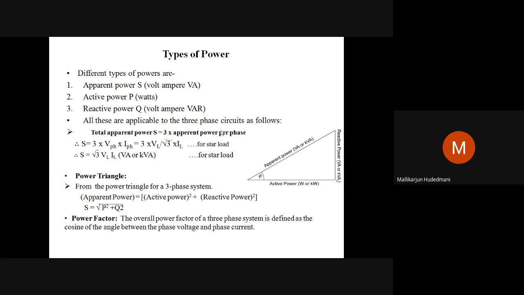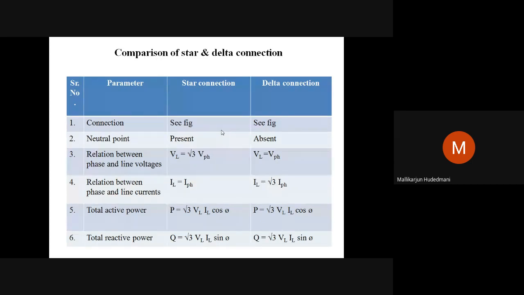So this way we have come to a good end of three-phase AC circuits. I have put them in the form of a table which will help you. In case of star connection, line voltage is root 3 times phase voltage. In delta, both are the same. Currents: in star, line current and phase current are the same, but in delta, line current is root 3 times phase current. Power is the same, root 3 VL IL cos phi, and reactive power is also the same by the equation. So you need to think of this.